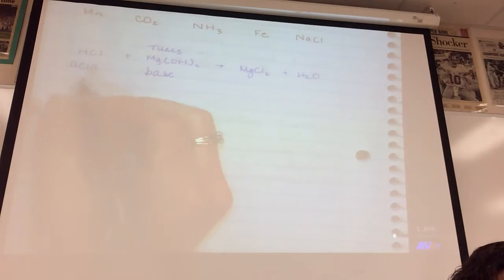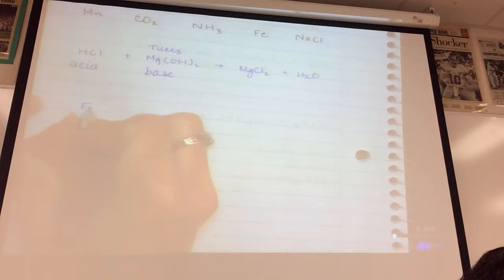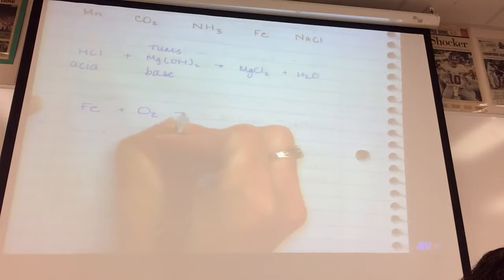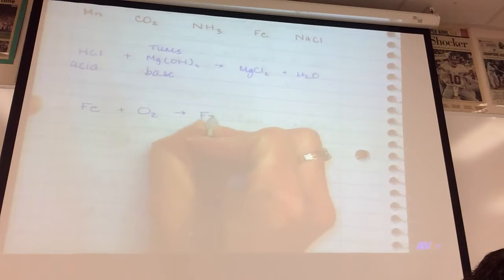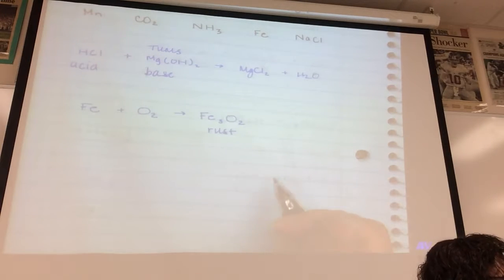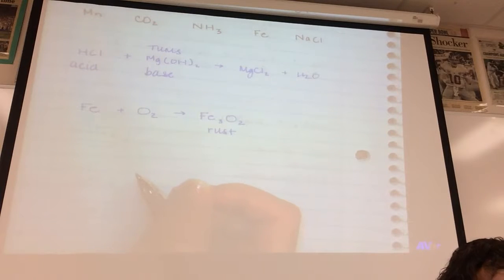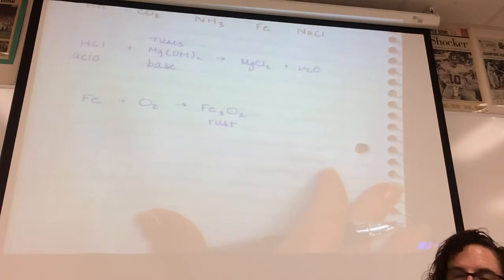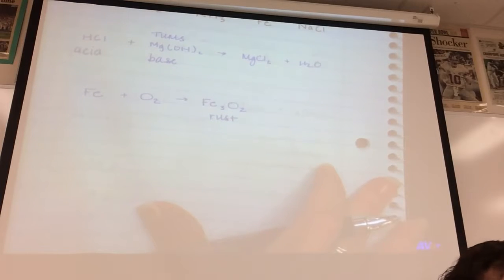With rusting, and we'll go over these chemical reactions in just a minute, you have iron reacting with oxygen gas, and you generate iron(III) oxide, which is rust. Rusting is a chemical change. With combustion, there are many examples of it. The one that you're going to be the most familiar with